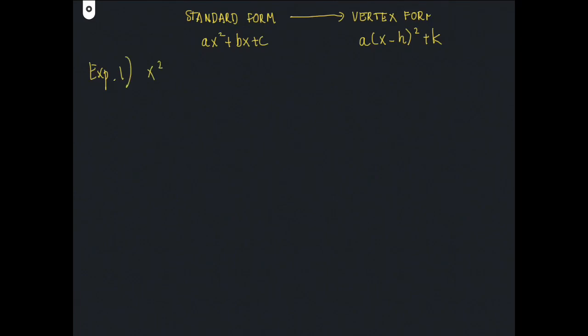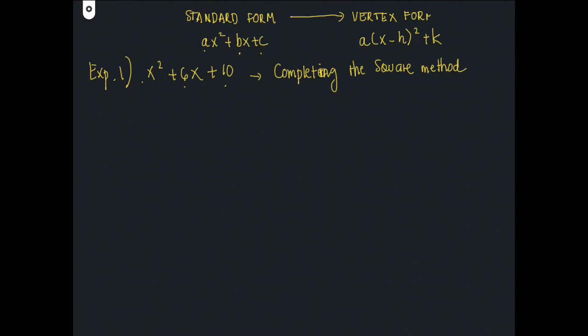Let's get straight into example number 1. x squared plus 6x plus 10. This is a standard form. We're going to change this to vertex form. And again, we're going to use the method of completing the square. Based on that standard form, a is 1, b is 6, and c is 10. First thing we're going to do, we are going to